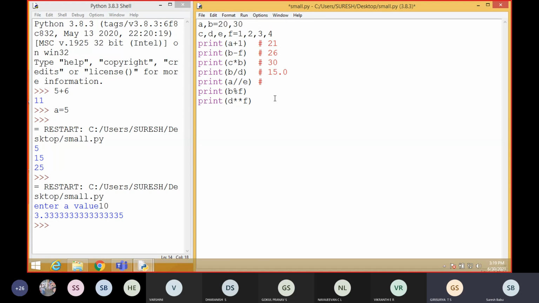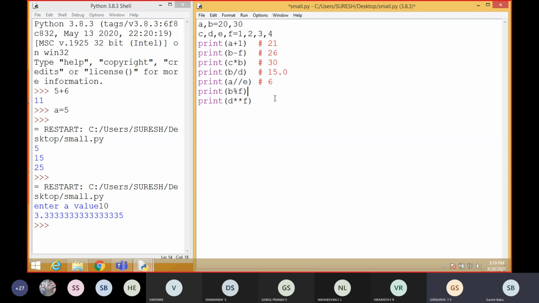What is the answer? 20 divided by 3, the same thing, but only the whole number, not the decimal part. What is the whole part, students? Sir, 6. Okay, it will display only the 6, no decimal value.